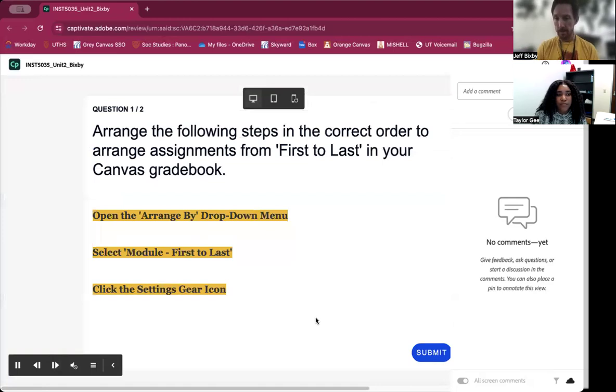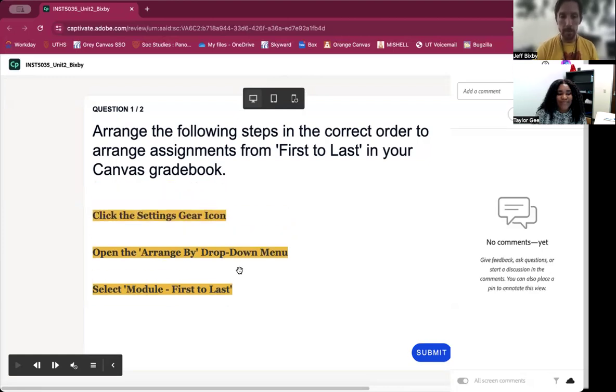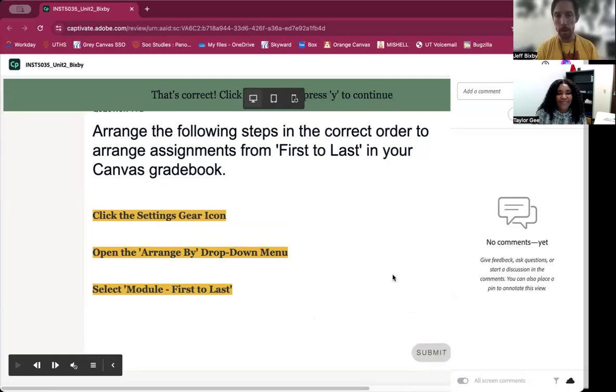One of the things I liked about Adobe Captivate is that it has templated quiz questions that you can easily make knowledge checks with. This one is, arrange the steps of the process for a particular task in the order in which you're supposed to do them. Let's see if I can remember, you've got to click the gears icon first. Then that's followed by the open arrange by menu. And then, yeah, that's it. I click submit, and then I get a correct